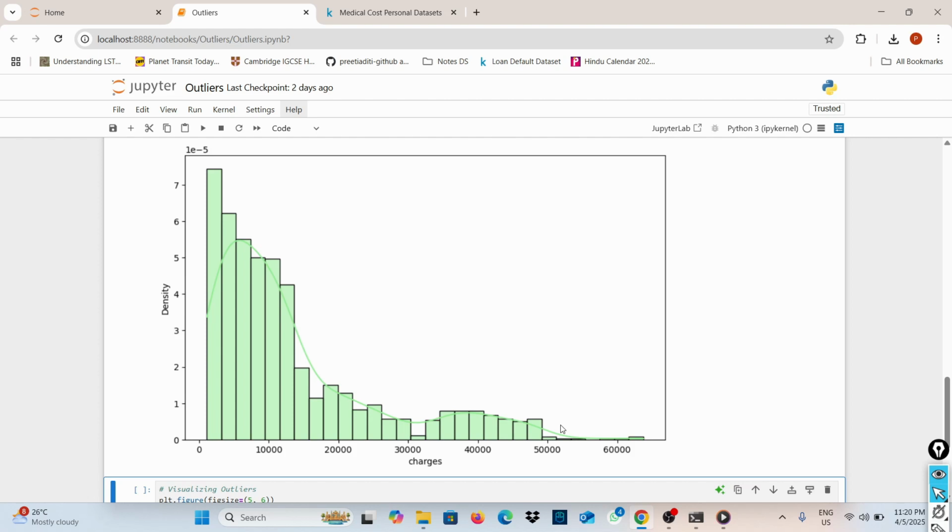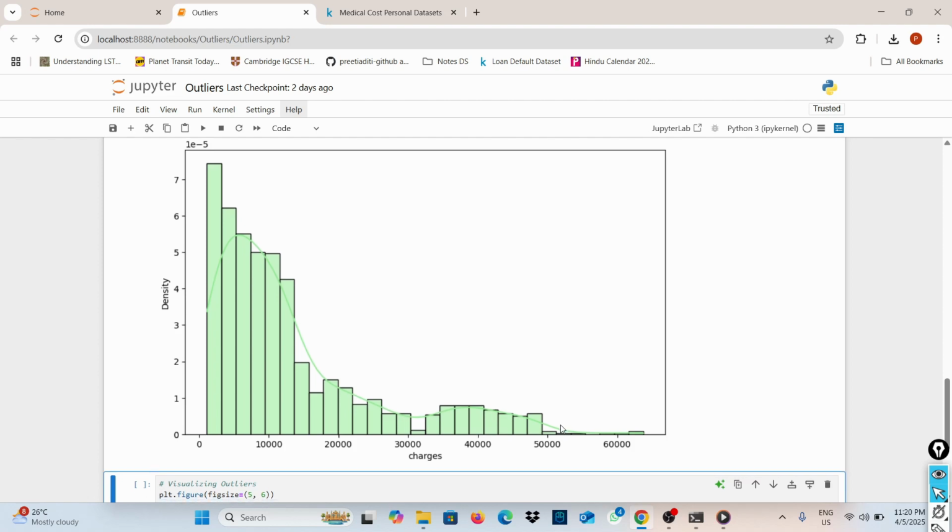Basically it represents those people who maybe had a serious health condition, or they took extended treatments, or maybe they had some premium insurance policy. Now this is something that we need to deep dive on. Just spotting the outliers is not enough. We need to understand why they exist, why such high values exist, if it is an error or they are true values. So in such cases, if possible, we should consult someone who understands the domain well.